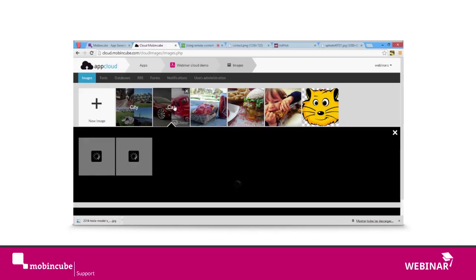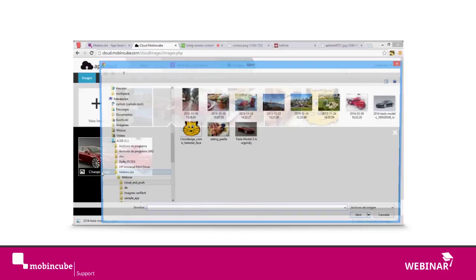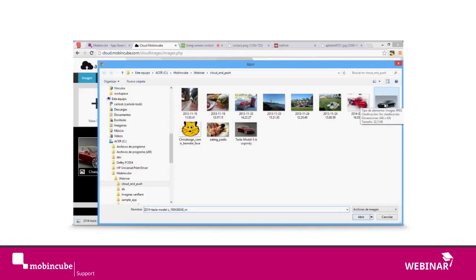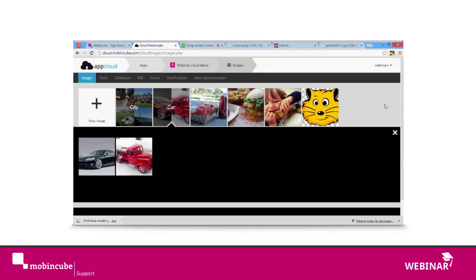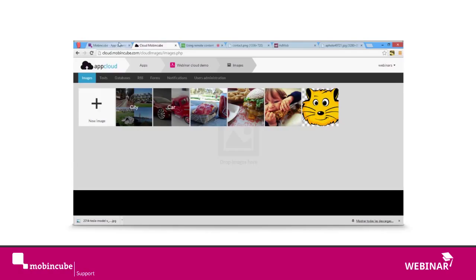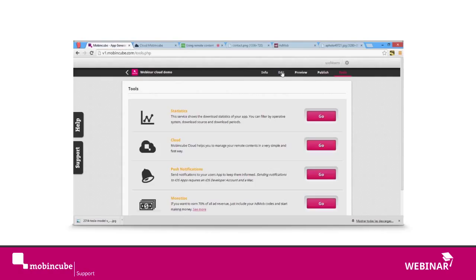If I move the mouse over a picture, I can see two things. I can see this cross here. If I click on this cross, the picture will be deleted. And if I click here on change image, I can select a new file on my PC, so the content of the picture will be updated. Okay? So now that I have some pictures here in my cloud, I'm going to go back to Mobincube,